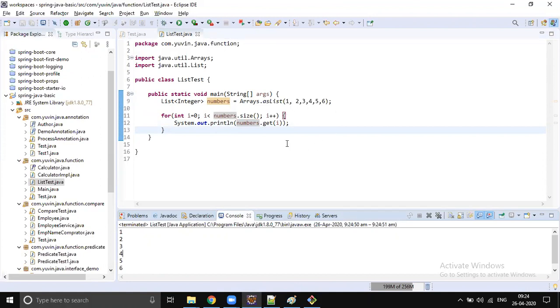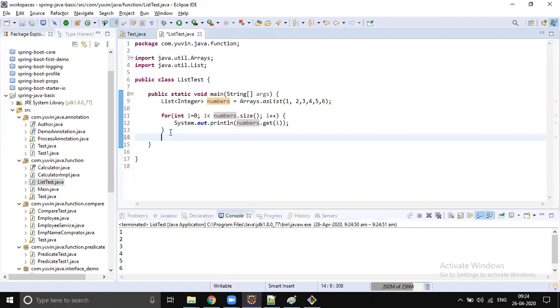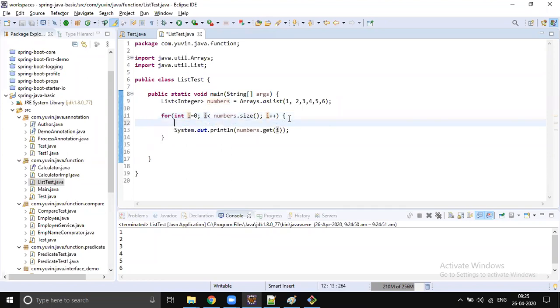So this is the most complicated way of writing it. We are doing so many things. We are initializing a variable of type int, then checking how many times it has to loop, and incrementing it, and we are calling a getter method and passing this integer.